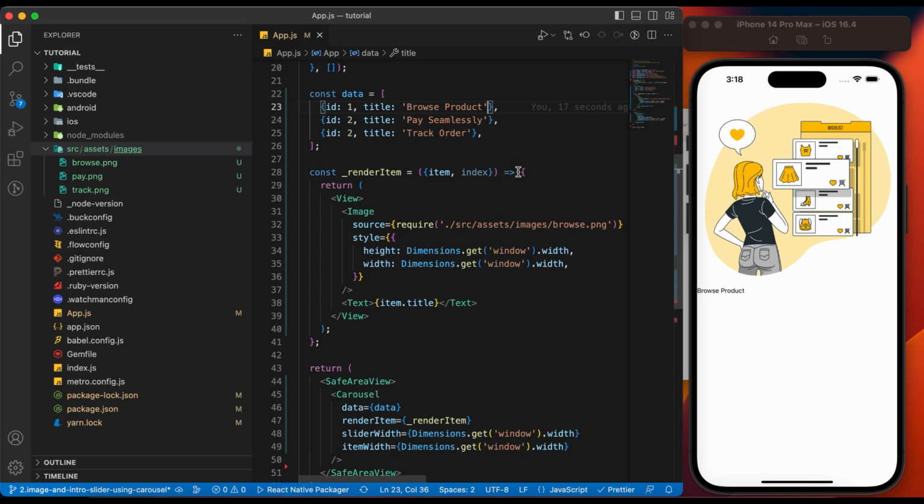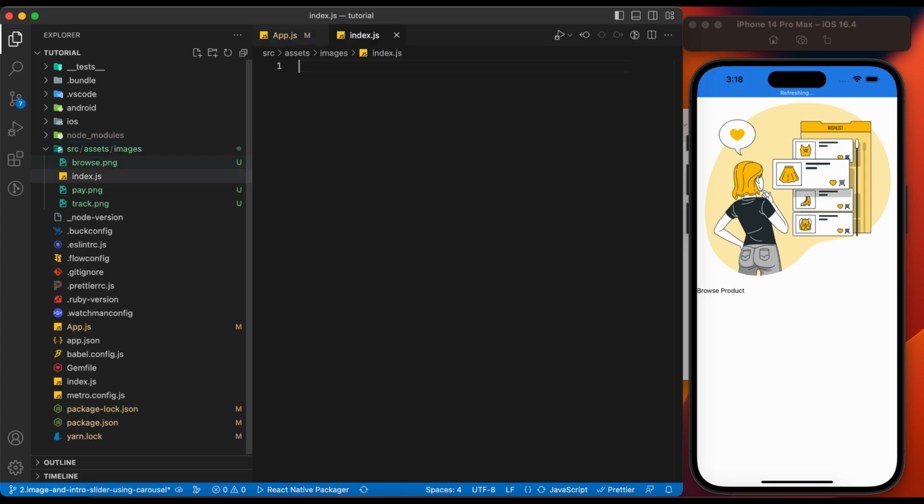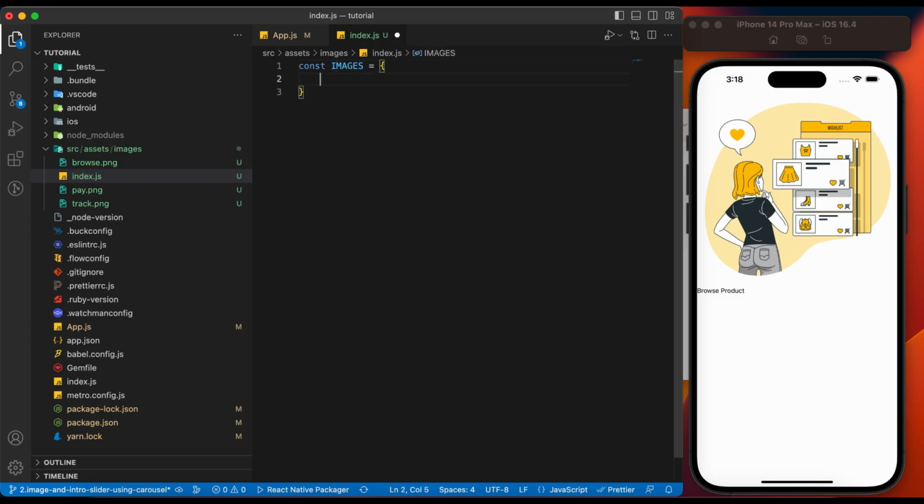Let's add the images in the data array. To easily point out the image, we will create an index.js file inside Images folder. Create the images object with key value pair. We will add all the images in this object.